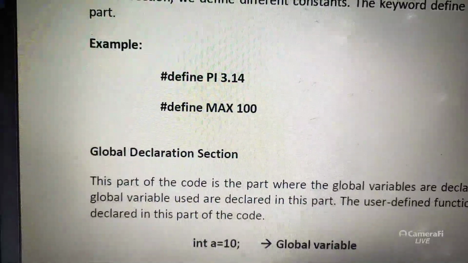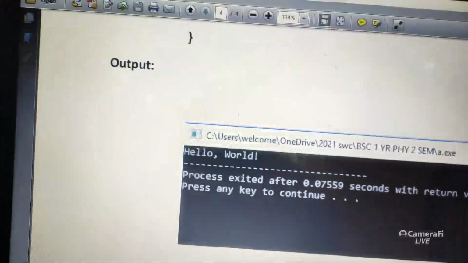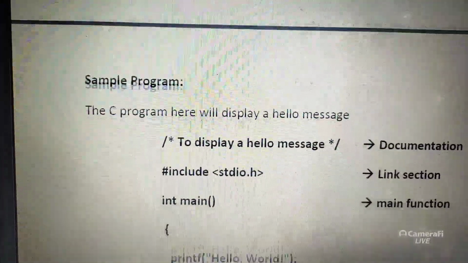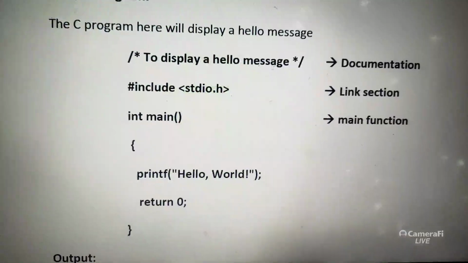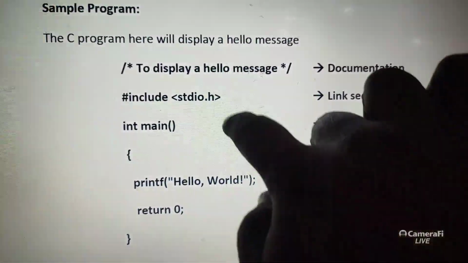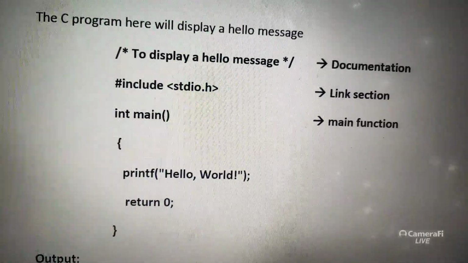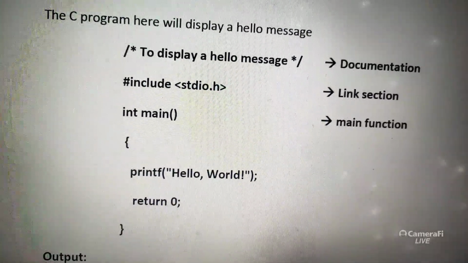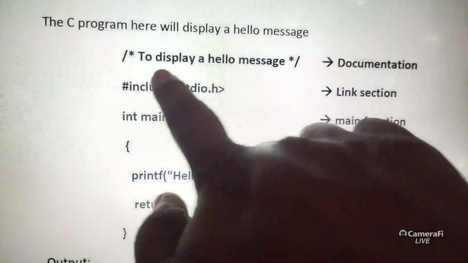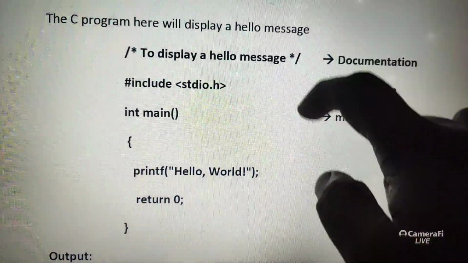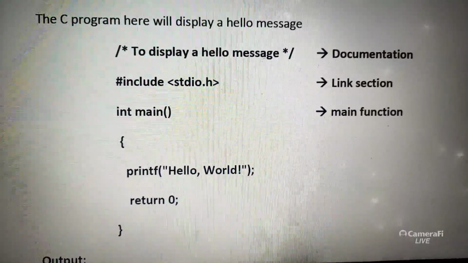Program description, for example, in our sample program, what is there? I am going to start from the third line. These 2 lines are not there in the program. This program is going to display a hello message. I am writing the program to display a hello world message. Or you can write your name here, then you will get the name. Program display my name. So this section is called documentation. You need not write this one, but for your understanding I have given it to show what it is.